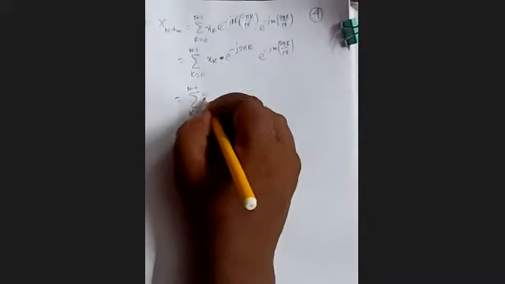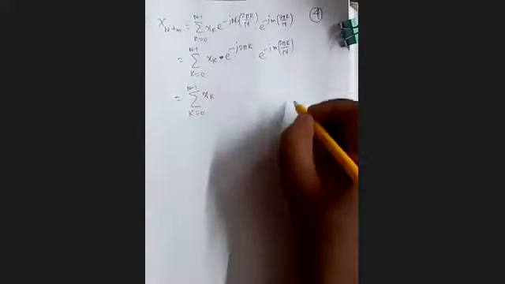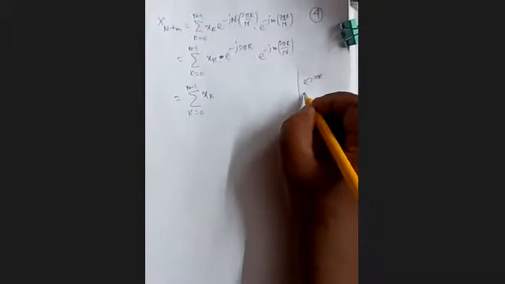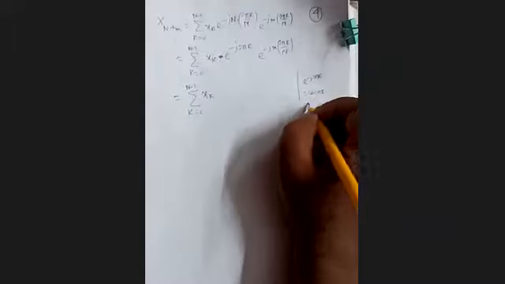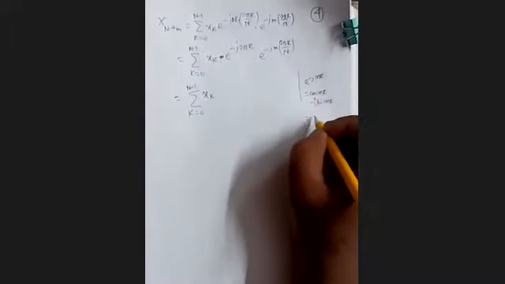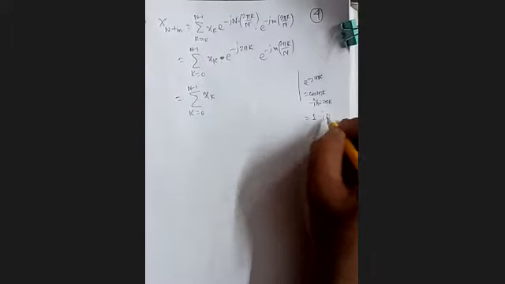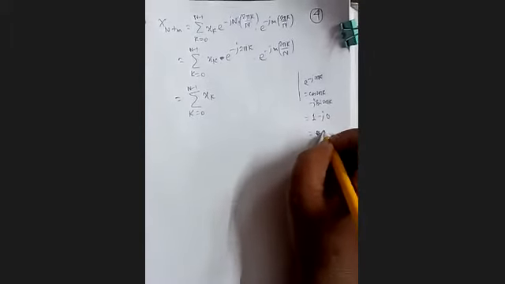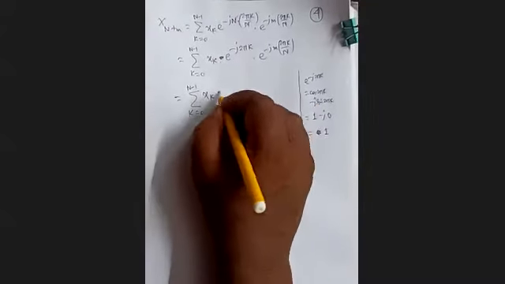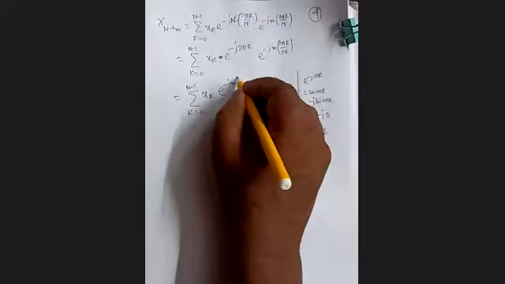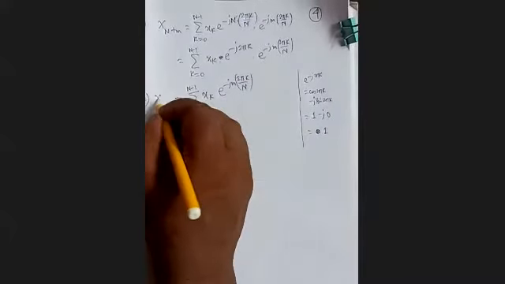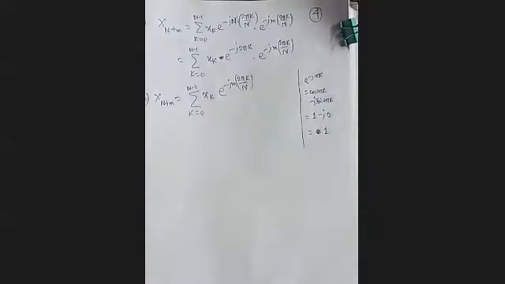Now this is what? X_k. This is equal to 1. e^(-j 2πk) is what? k is an integer. cos 2πk minus j sin 2πk. cos 2πk equal to 1 and sin 2πk is 0. So ultimately this is 1. So it will be still X_k into e^(-j m 2πk/N). In the left hand side, it is still x[n+m].